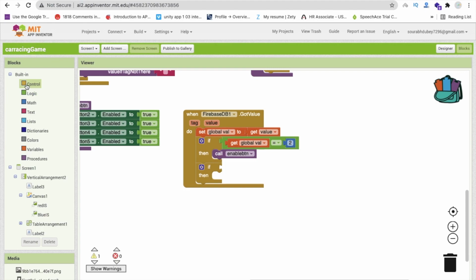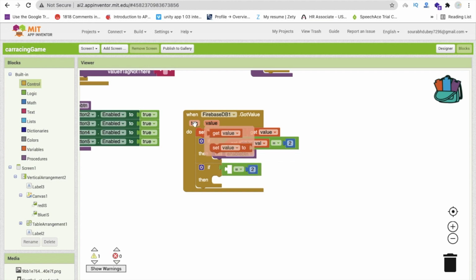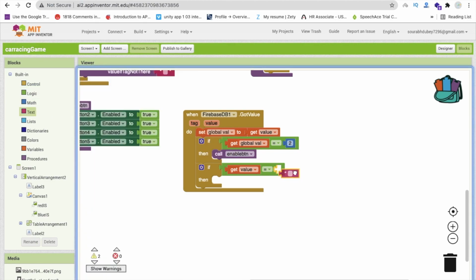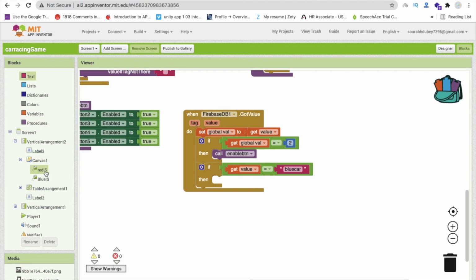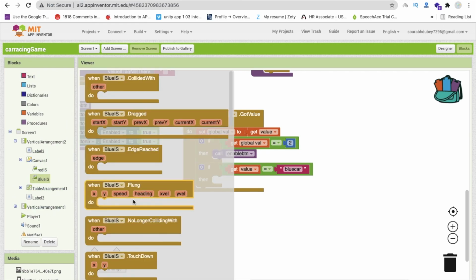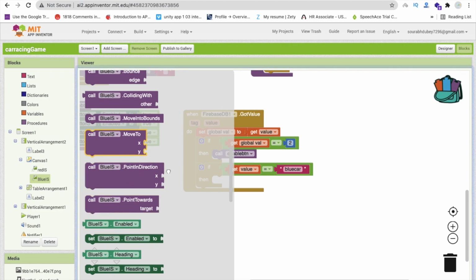So simply I need to call a condition again to check the value of that tag. If the get tag is equal to the blue car, it means that we have set blue car. Then we have to move our car, it means this is the blue car, and we have to move this one